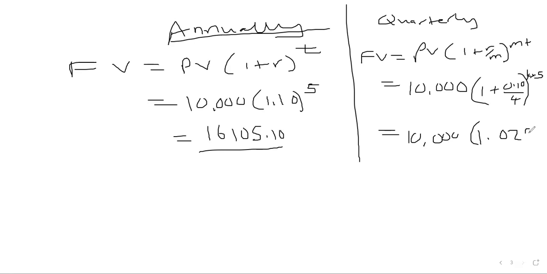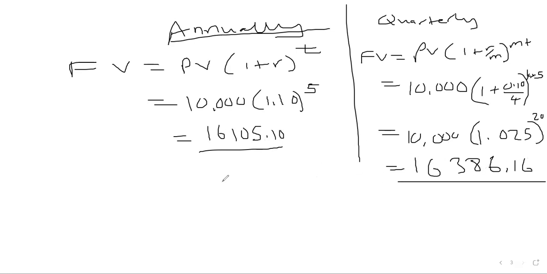So quarterly, it will give us 1.025. So you also need to understand that the more you compound, the higher the what? The figure, because you're earning interest several times. So here we're going to get 16,386.16. So you're seeing that now the figure has grown from 16,100 to 16,300 because you're compounding more